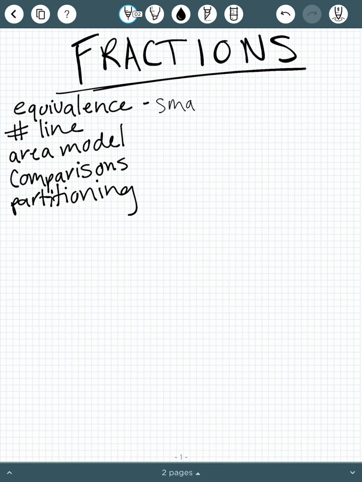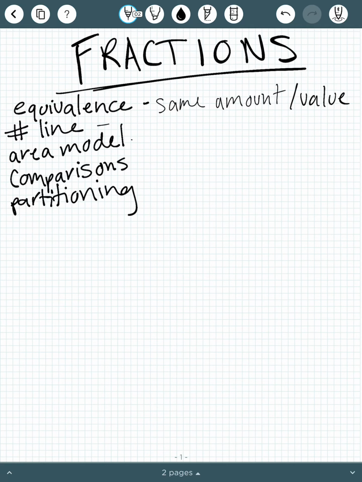So are the fractions equivalent? Do they have the same amount or the same value? Are they equal? Number line, we'll talk about how to represent fractions on a number line. We've looked at that. You can use the number line as a tool to compare